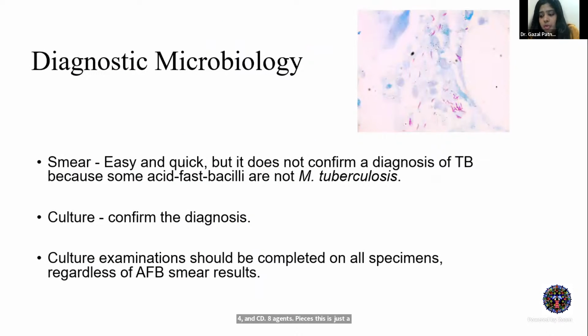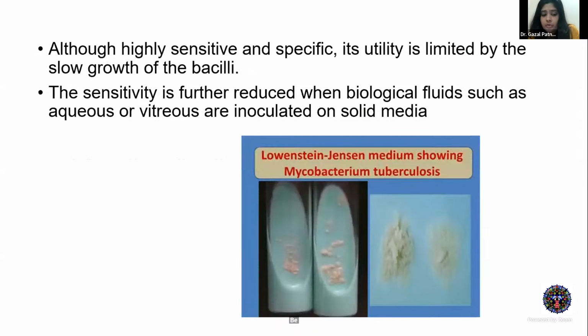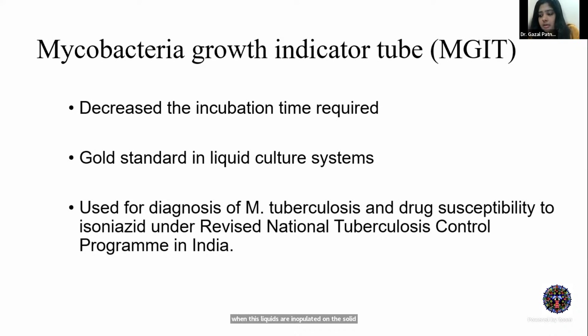Coming to the diagnostic microbiology, the presence of acid-fast bacilli indicates tuberculosis. It's an easy and quick one. However, culture confirms the diagnosis, and culture examination should be completed regardless of the acid-fast bacilli result. Although it is highly positive, it is not always possible because of the slow growth of the bacilli. The sensitivity is further reduced when we use biological fluids like aqueous and vitreous, especially when these liquids are inoculated on the solid media. So for that, an